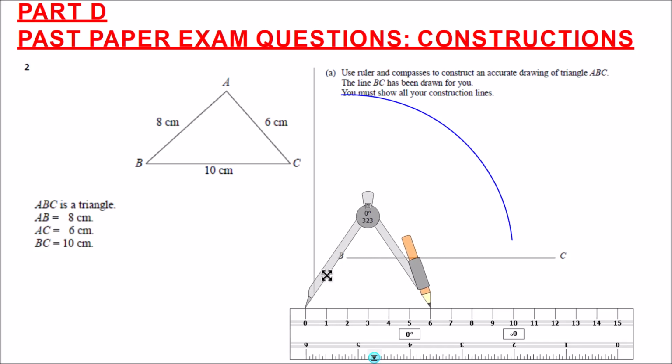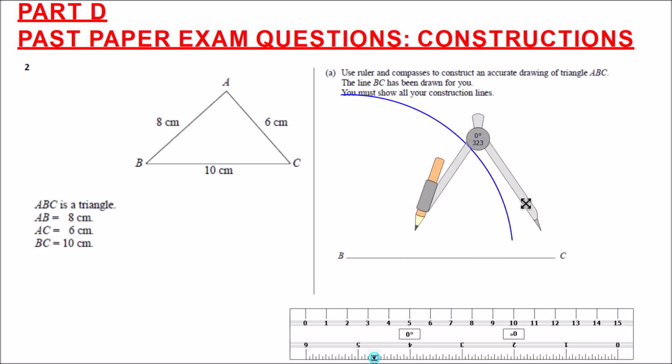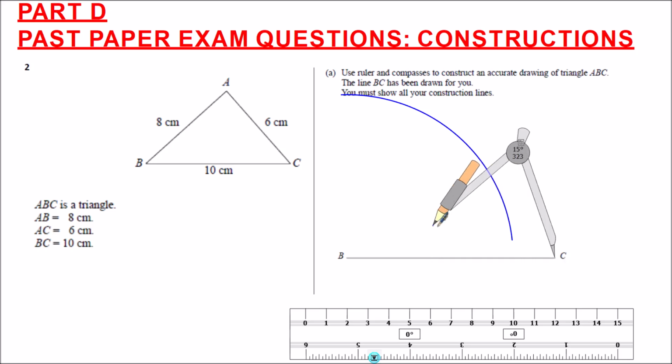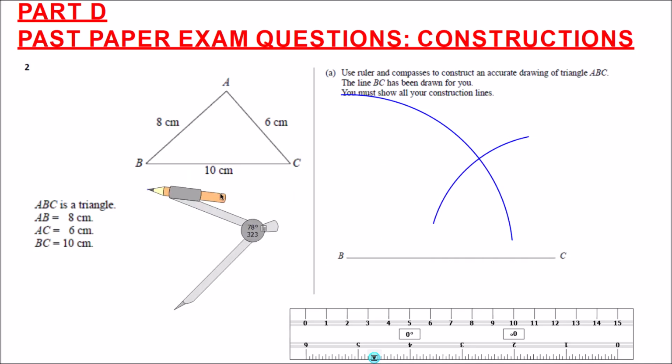Then put the needle up at C. I'll just flip it over and do exactly the same deal from the end of the line at point C. Like so. And so point A, by the definition of it, is going to be both 8 centimeters from B and 6